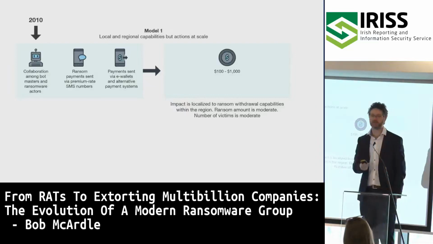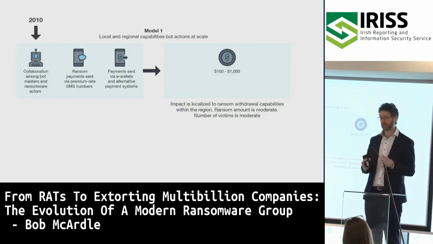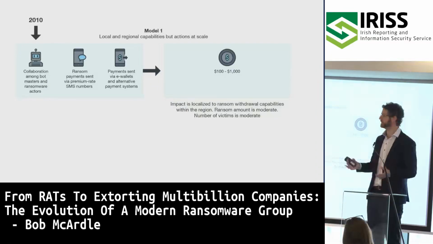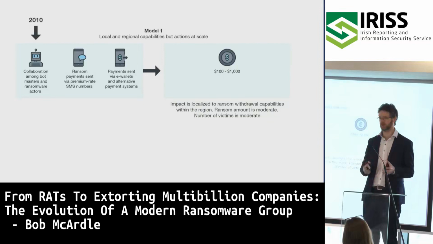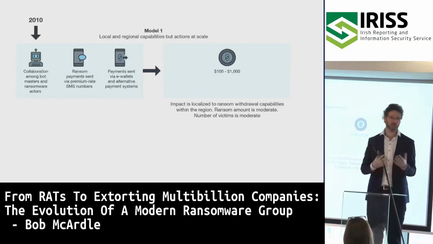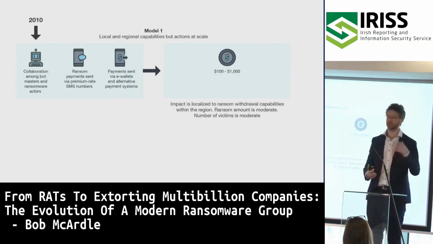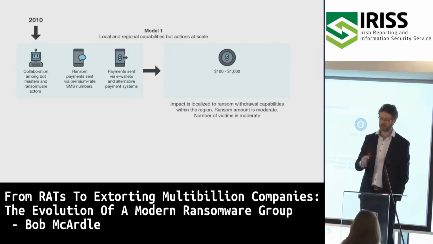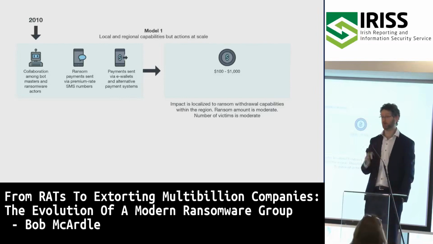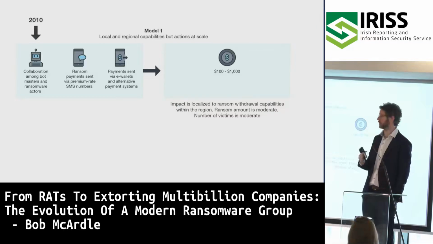The early days of ransomware were about 2010-ish, approximately. Back then, ransomware might look completely different to what you see today. I assume everybody knows how ransomware generally works: you deploy malware on a machine, it encrypts files that are important to that person, and then it demands a ransom through some note and says, pay this money, and you get your files back. Simple, right? Back in about 2010, it was primarily targeting home users, and the ransom amounts were in the hundreds or maybe thousands.